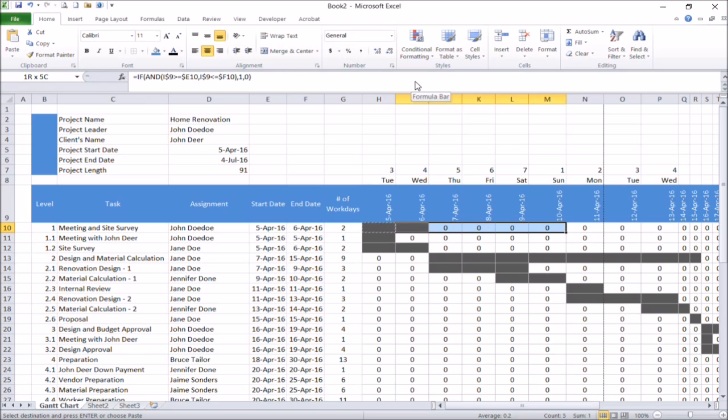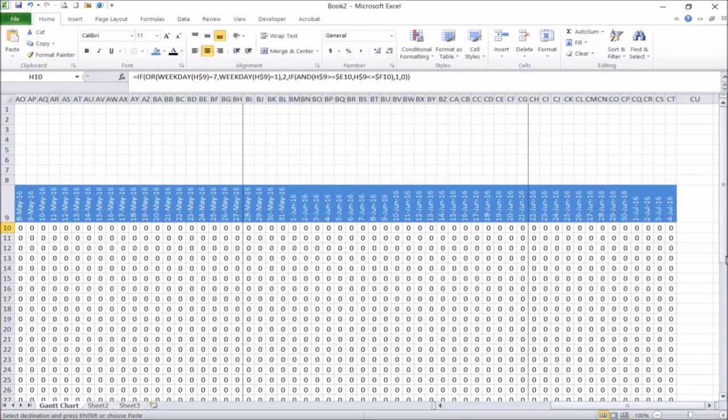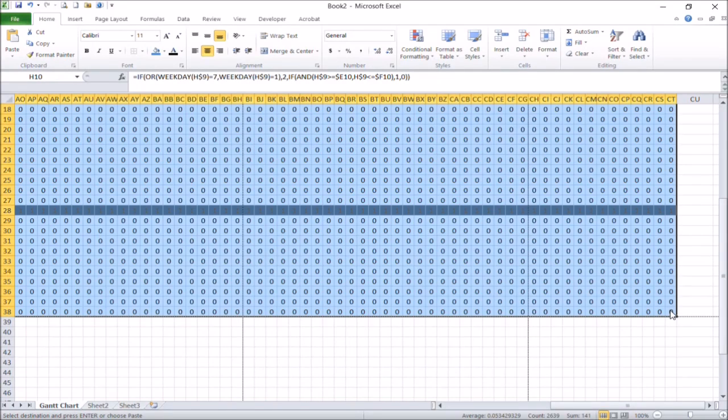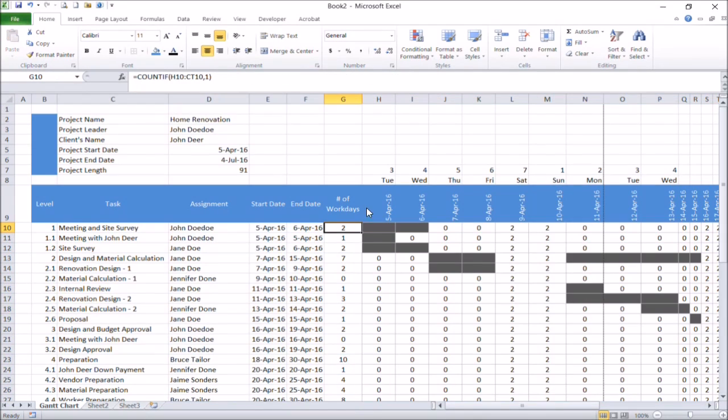After completing the formula on the first cell, you can copy and paste it to the whole cells. You can check to see whether the table already has a value of 2 on non-working days.